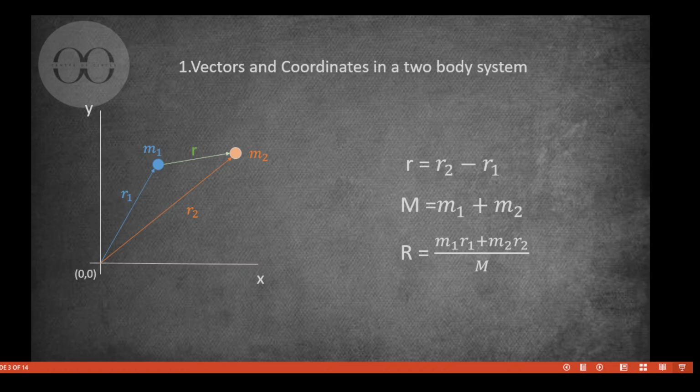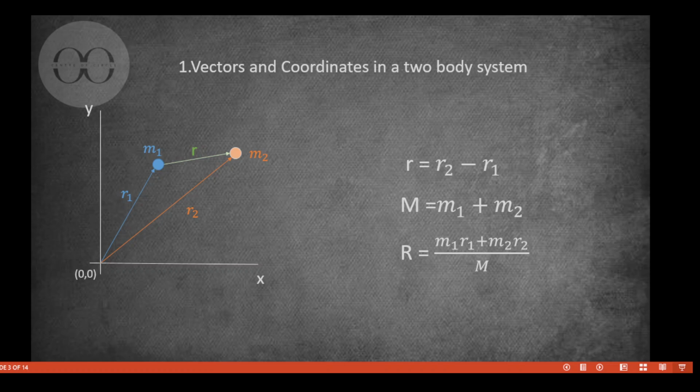There is another position vector which is smaller. It is the distance between particles m1 and m2. With some basic vector geometry, we can figure out what small r is. Here our small r is the difference between the position vector of m2 and the position vector of m1, i.e. small r is r2 minus r1,